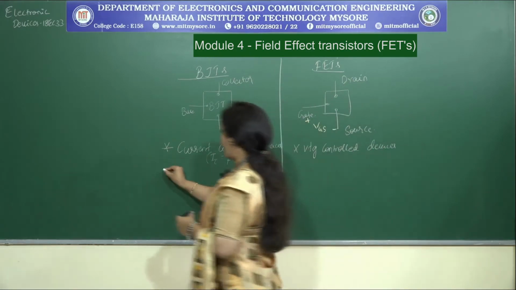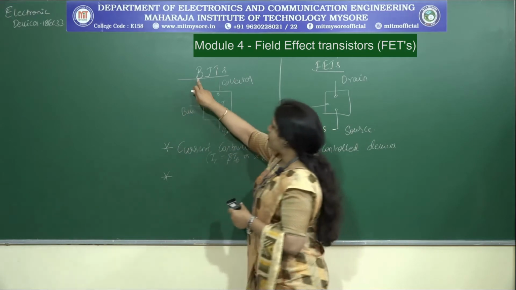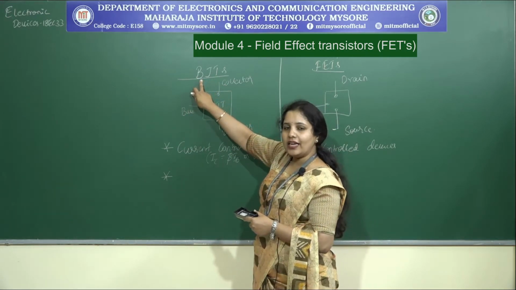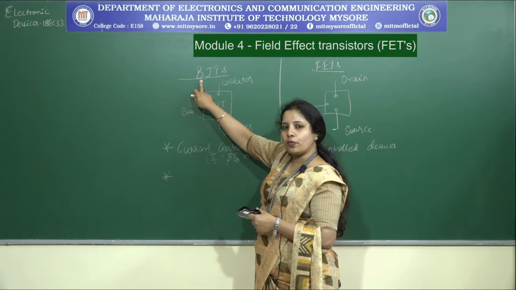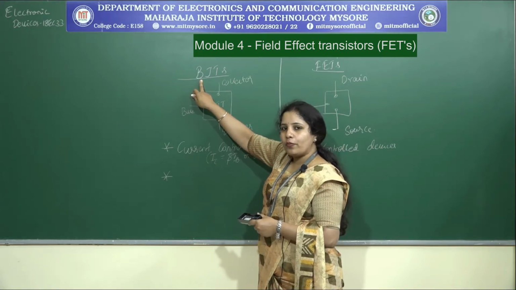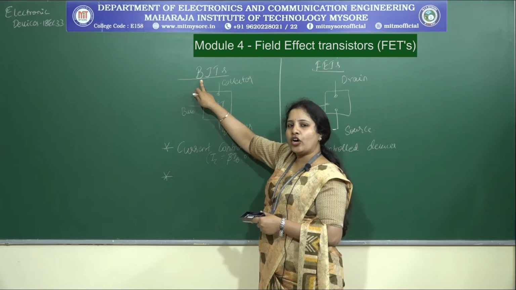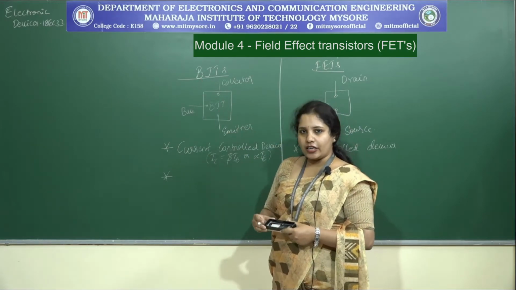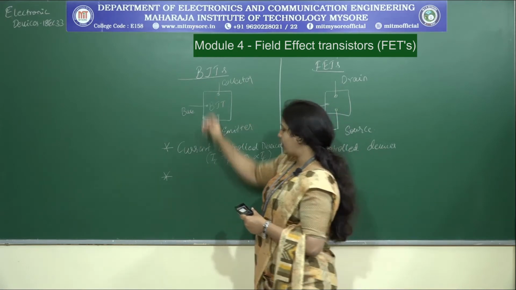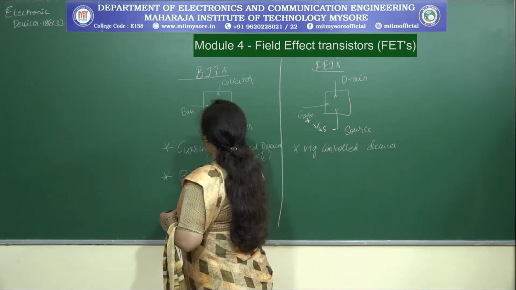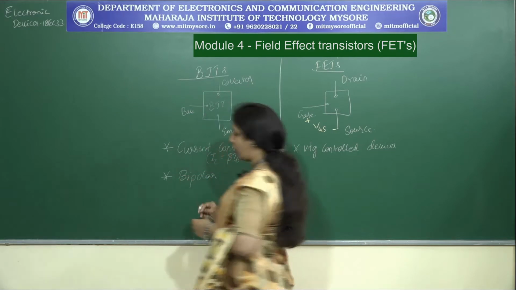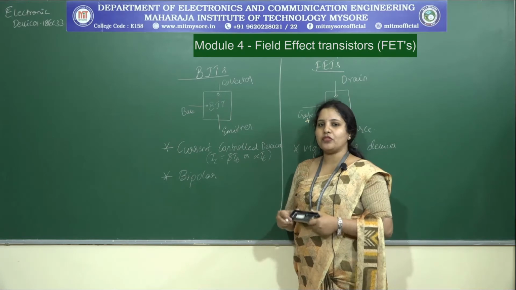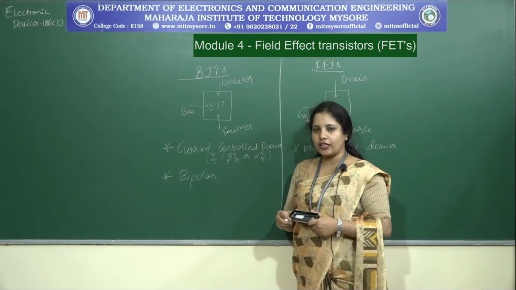Now coming to the next point, whenever I consider BJTs, what does B here stand for? Bipolar, right? What does bipolar mean? 2 polarities. What is the meaning of 2 polarities here? It is both the minority and the majority charge carriers that help in the current conduction. That is why these are bipolar devices, wherein both holes and electrons come into the picture when I consider the current conduction.